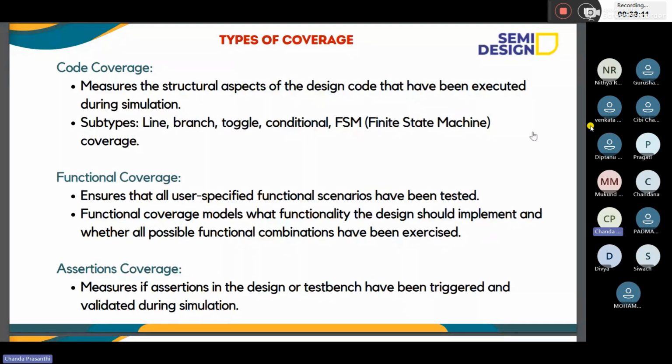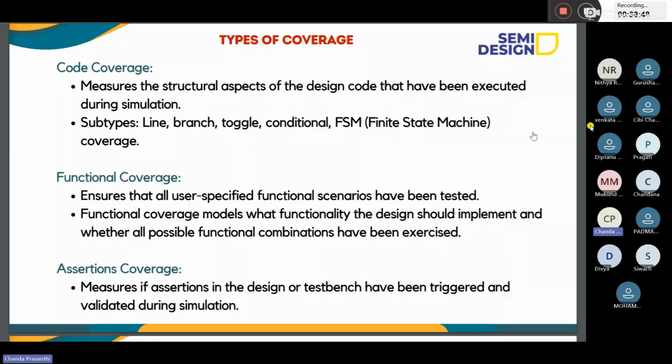Say there is a shift register, serial in, serial out. For every positive edge of the clock, the register shifts its data one bit at a time. To validate that it is shifting properly for every positive edge of the clock, we write some assertions.